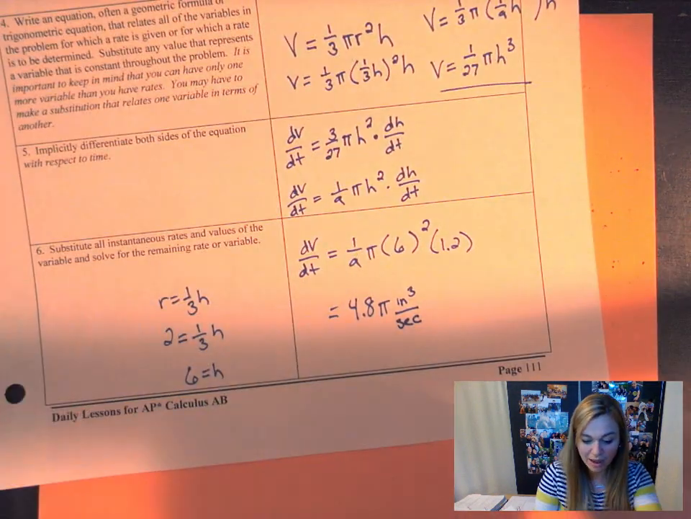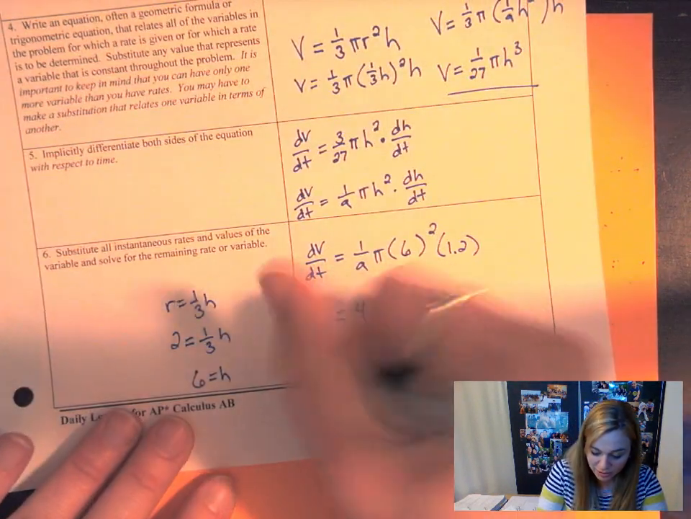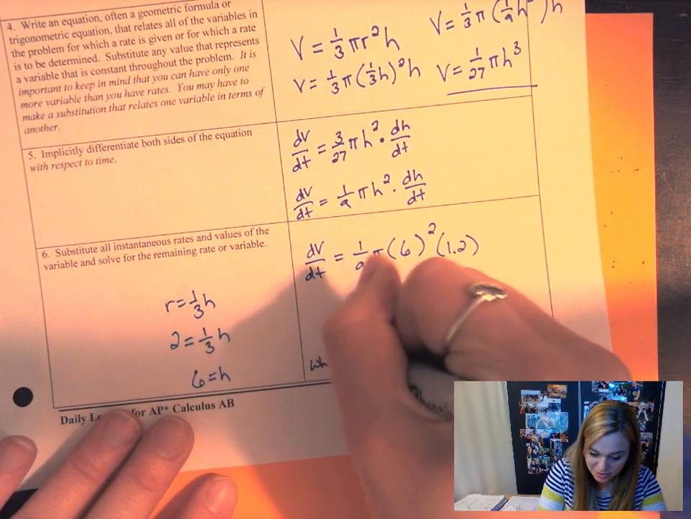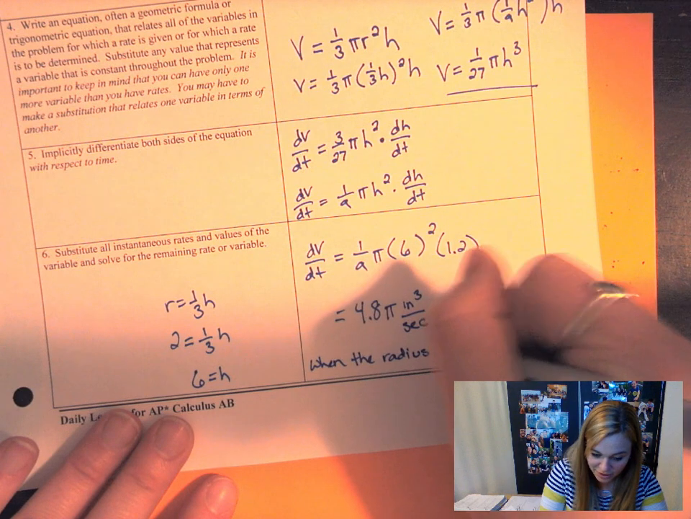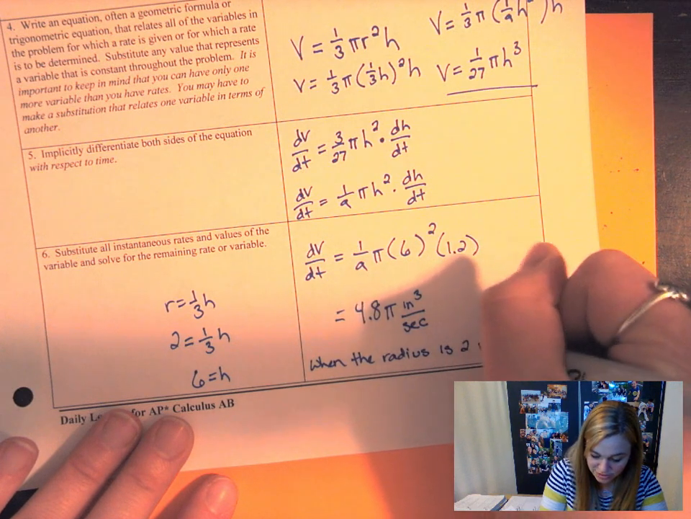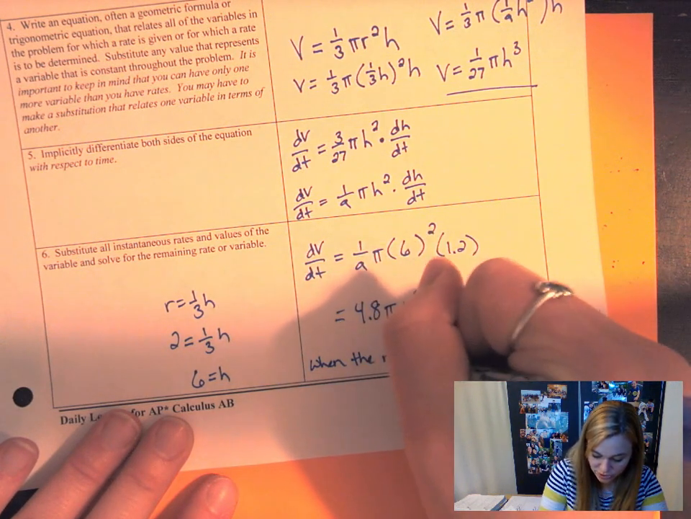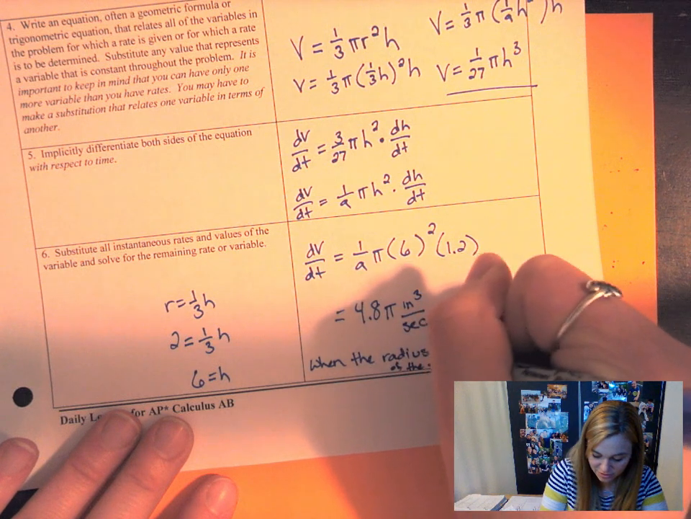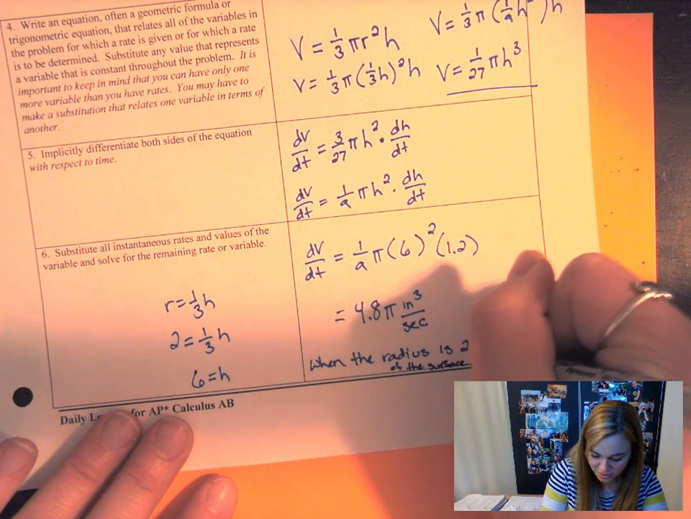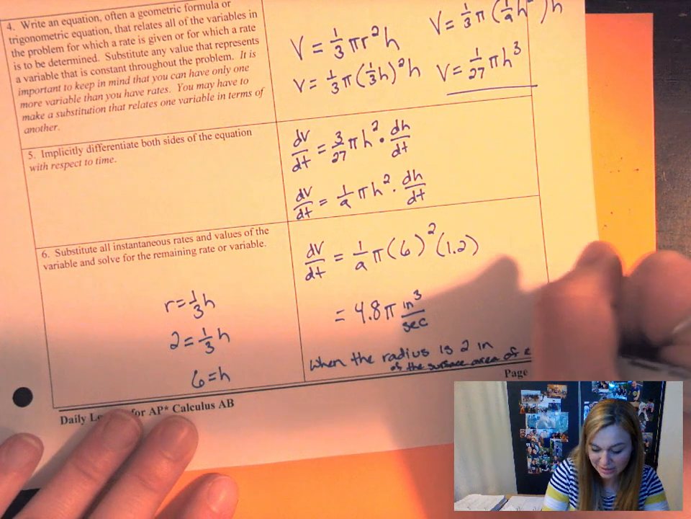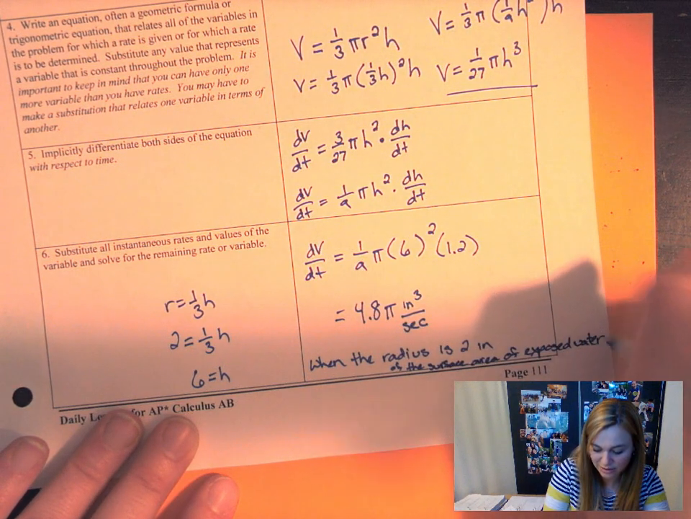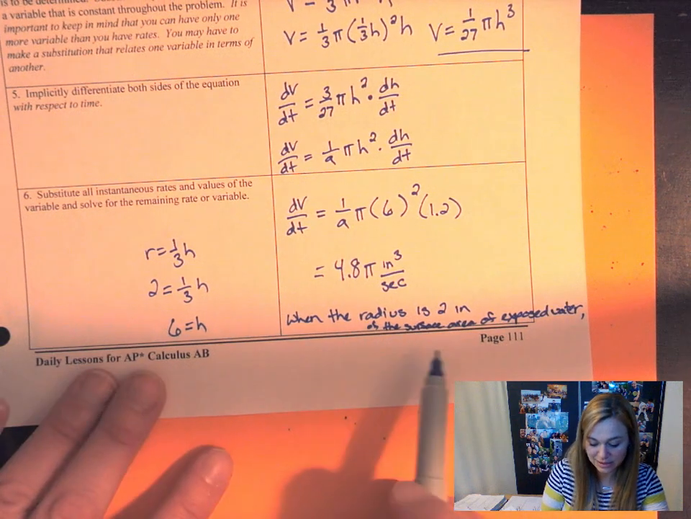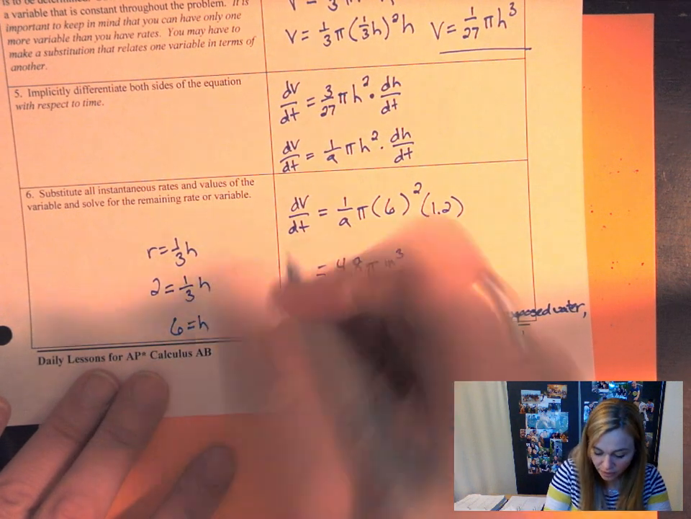And if you wanted to wrap this up, you could say when the radius, I'm looking at the very edge of the problem, or the end of the problem, is 2 inches of the surface area of the exposed water, because I didn't actually say that, and it seems like there's multiple radii here. Okay, so I'm just rephrasing the question. When the radius is 2 inches,